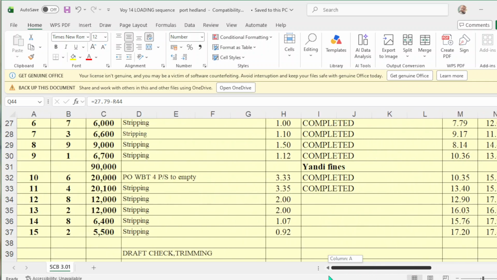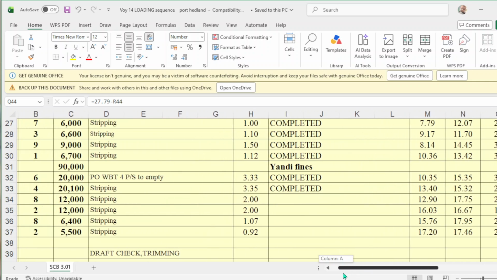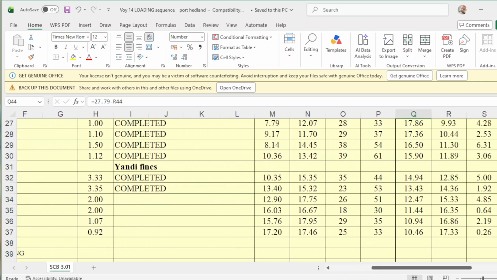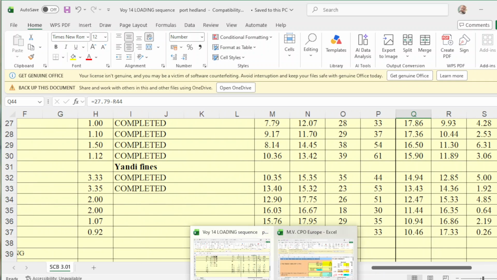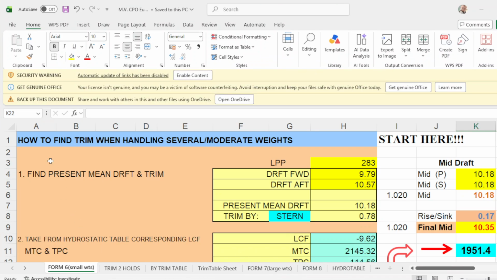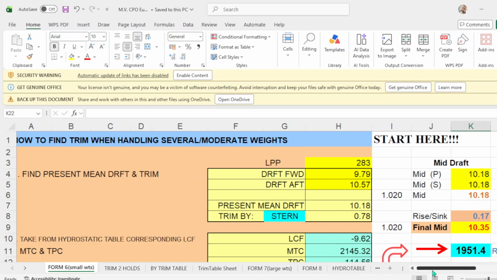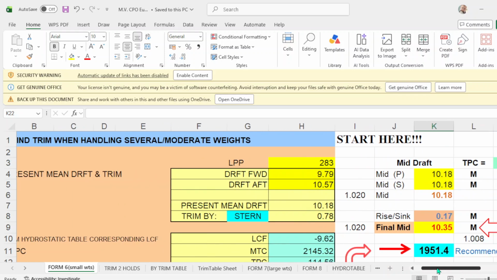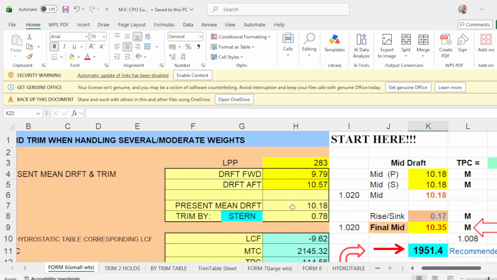Okay, so this is now where our program steps in. I have here a program I made and used on my vessel. This is form number 6, which is how to find trim when handling several moderate weights. This is the program for this vessel, CPO Europe. So what was the initial draft forward?